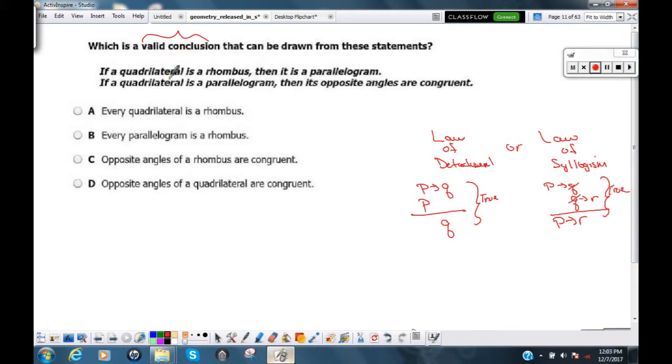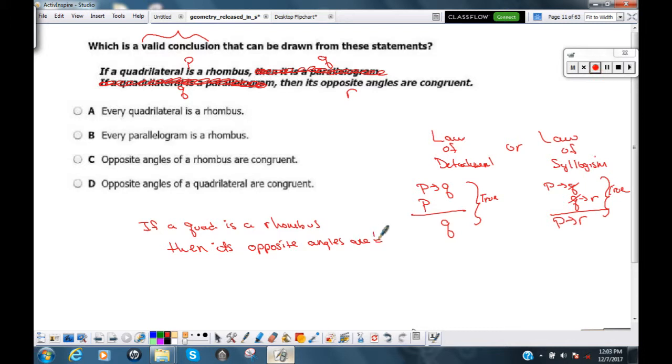So when I look at this, if a quadrilateral is a rhombus, which is my P, then it is a parallelogram. That is my Q. If a quadrilateral is a parallelogram, that again is my Q, then the opposite angles are congruent. That is my R. So for this one, I'm going to knock off my Q's. And if a quadrilateral is a rhombus, then its opposite sides, or I'm sorry, opposite angles